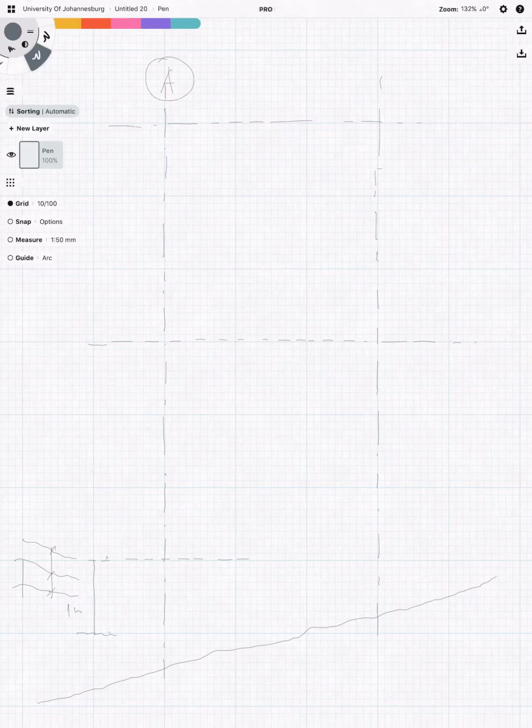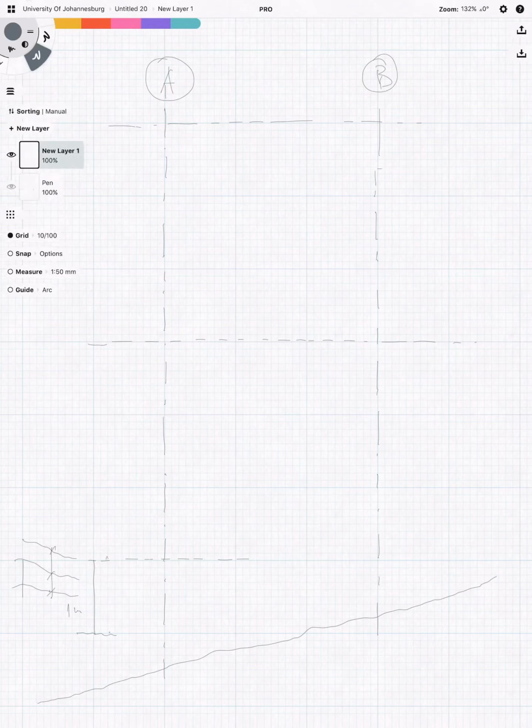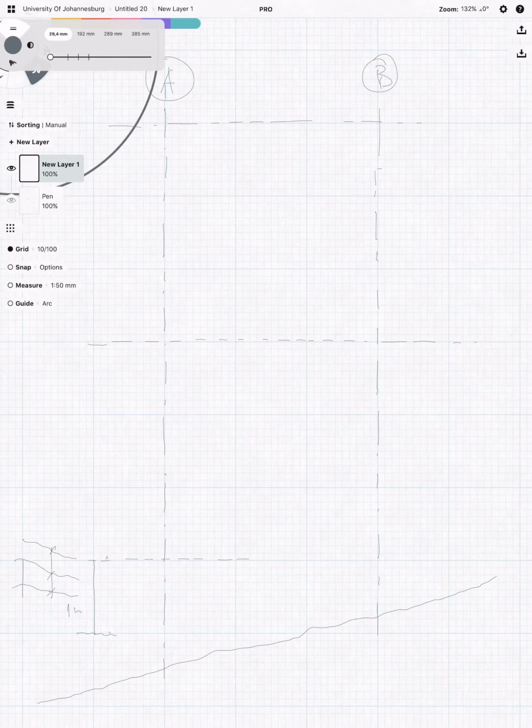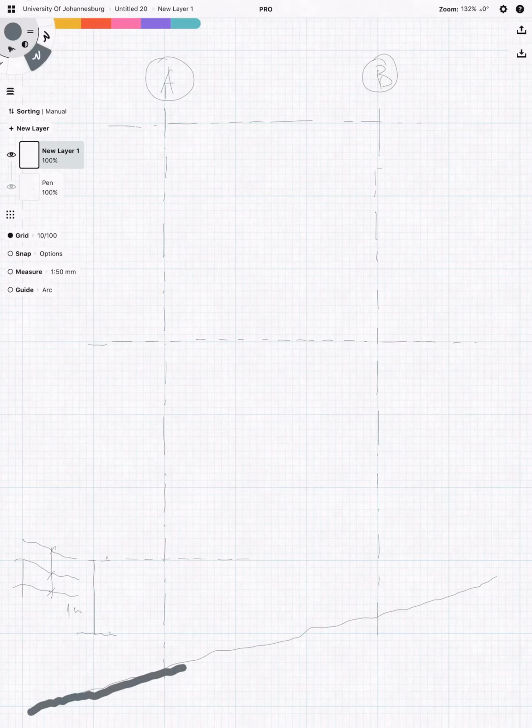With that, I'm going to create a new layer, and I'm going to use a thicker line for those things. So my thickest line I'm going to make about, say, a centimeter. And I'm going to make this my thickest line. And then I'm going to make 0.5, 50 mils. I'm going to make my slab